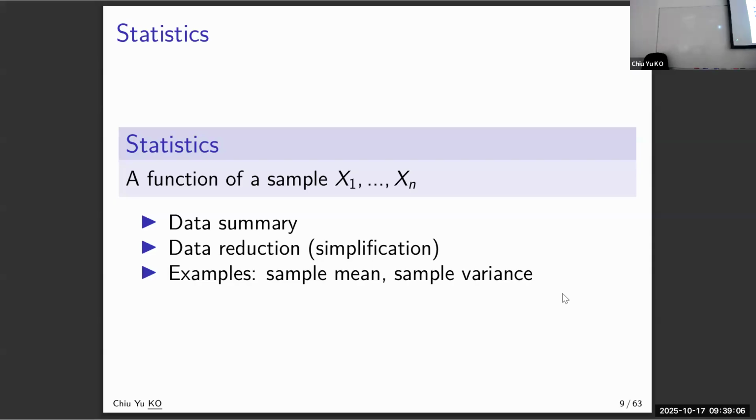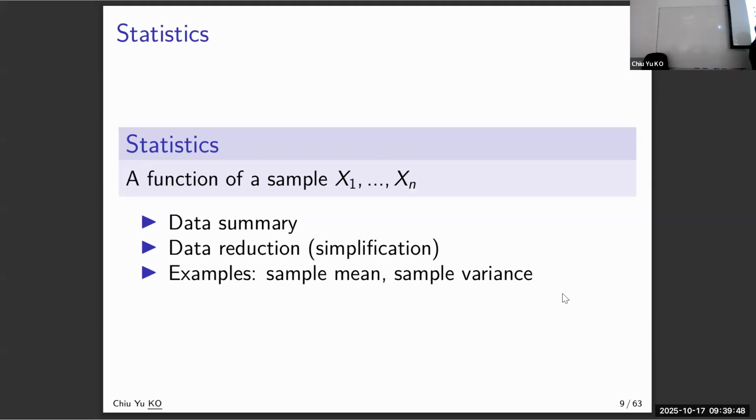So what's statistics? Statistics is a function of a sample, and since we're talking about random sample, right? That will be a function of random sample, meaning a function of random variables, right? And a function of random variables is a random variable, right? Because function means that you have some way to calculate, right? Once the uncertainty is realized, you collect the data, then you know the numbers, then a function is the way to transform the numbers you get, right, through the random variable, right, to the numbers. And usually,